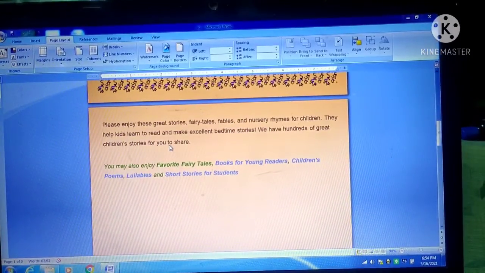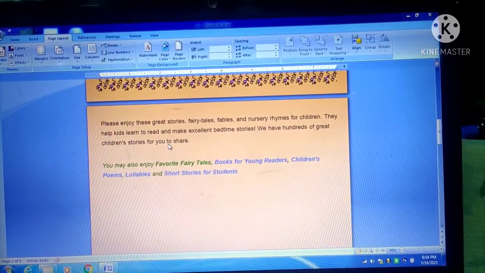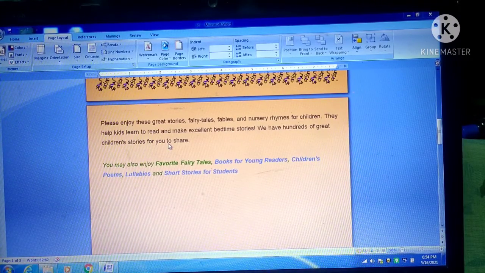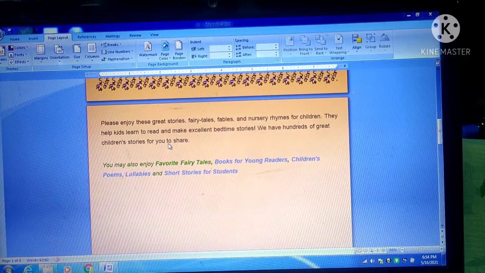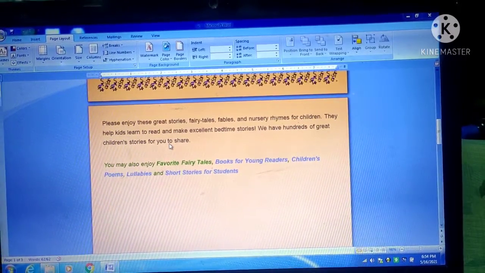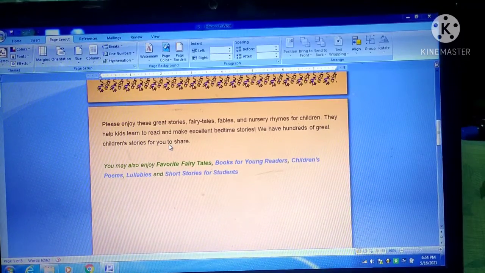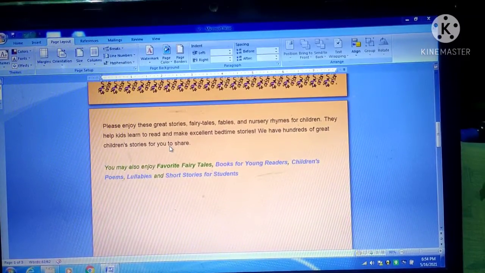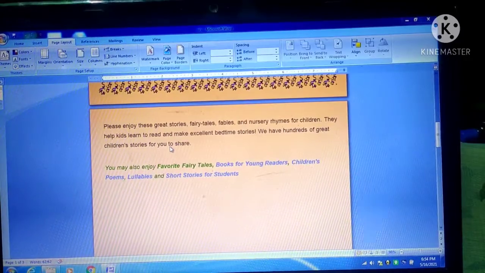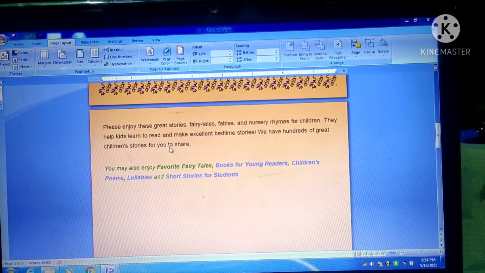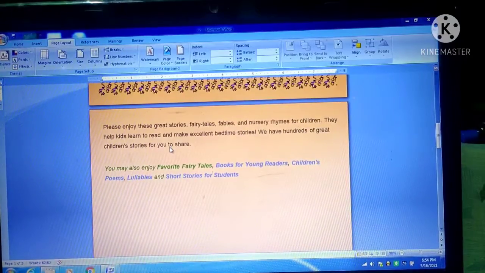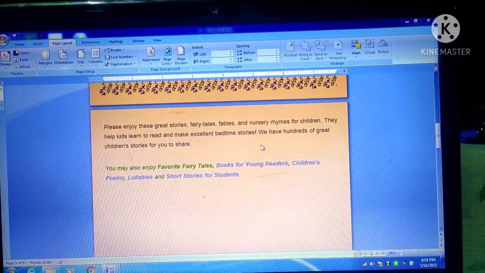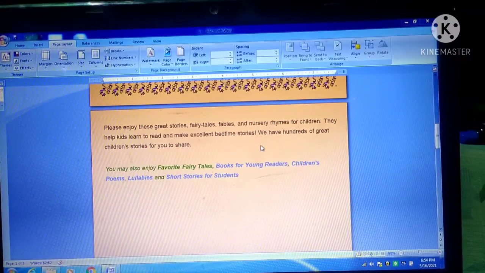If you have any doubts or any problem, you can consult me for clarification. Okay, from here on we will complete the exercises in your book. Okay, so please, you have to learn the steps of performing all this formatting step by step and by heart, so that you can work in Word very well. Okay, see you in our next class. Till then, please learn all the steps that are used for paragraph formatting and page formatting. Thank you.